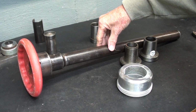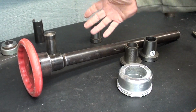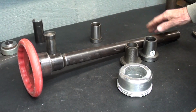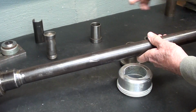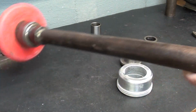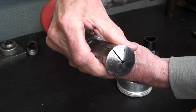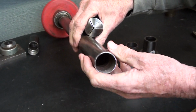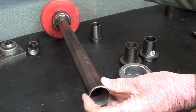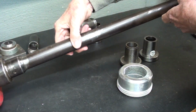Now, this Royal Drawbar is very expensive. If you were able to find one, or if they still make them, it would be $600 or $800. When Paul sent it, he sent it along with a collet. Can I get it into the view here? So it was shipped with a collet here so that the thread could not be damaged if it got banged around. Well, that made the package quite large, quite long, so it cost him about $40 to ship that,